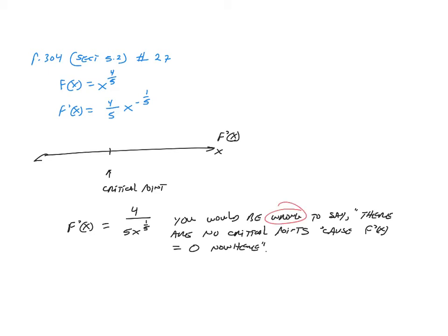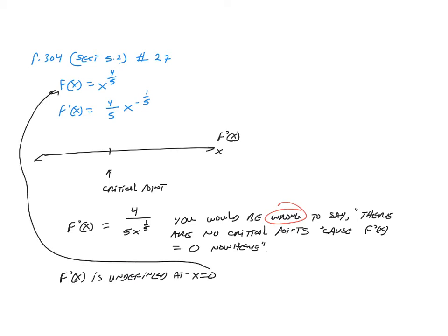True that f prime of x doesn't equal 0 anywhere. If you set it equal to 0 and try to solve it, it's not going to work. However, f prime of x is undefined at x equals 0. Double checking, like we had said, x equaling 0 is in the domain,